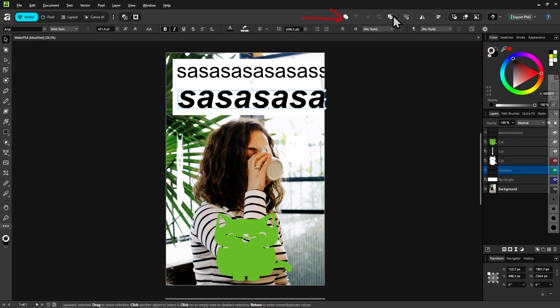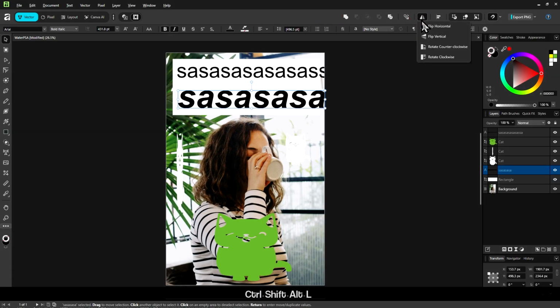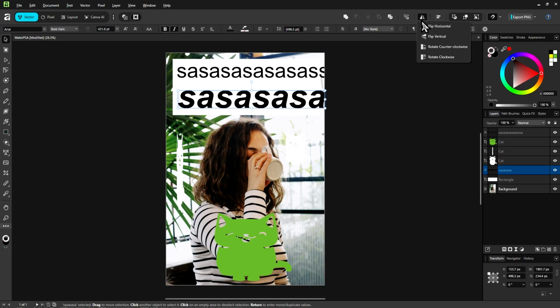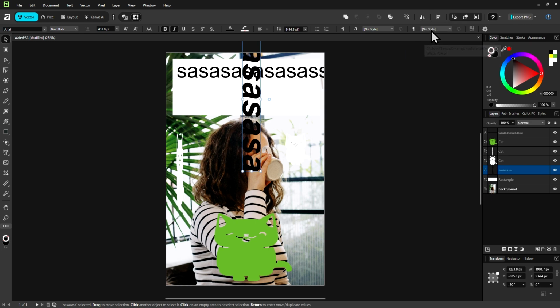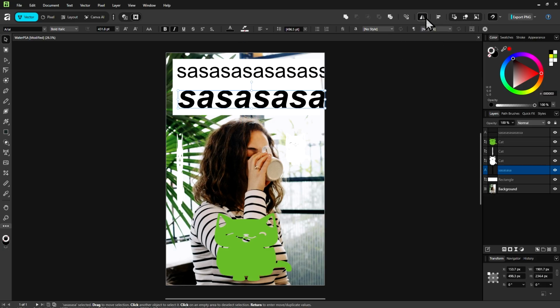A tool I want to showcase is this Transform here. It looks like a triangle split in two. This lets you rotate your selection 90 degrees. Yep, it's 90 degrees, or let's rotate it back. You can even flip it.